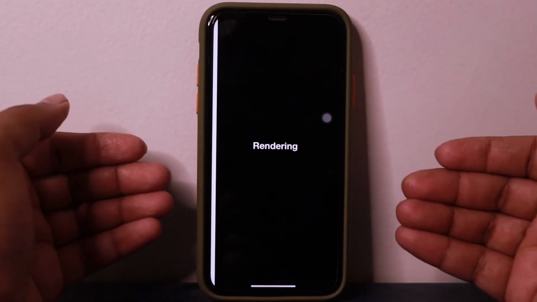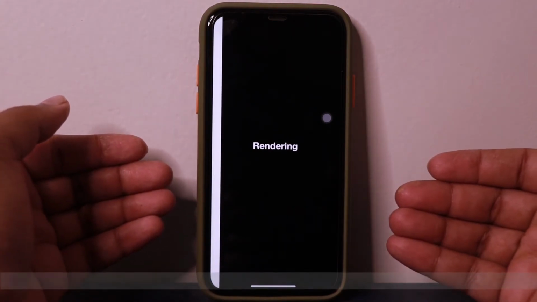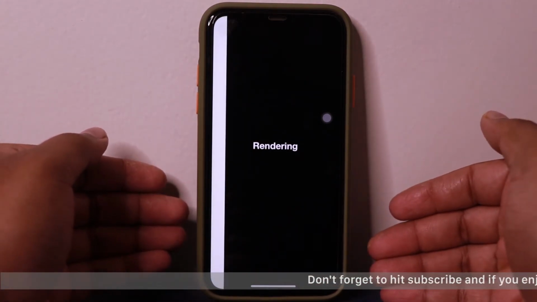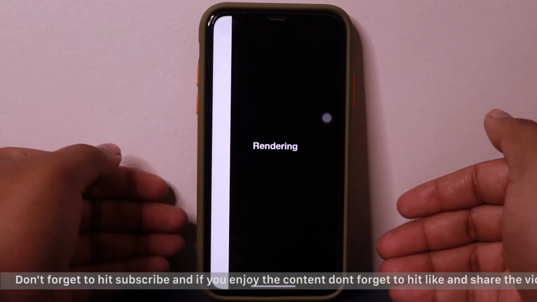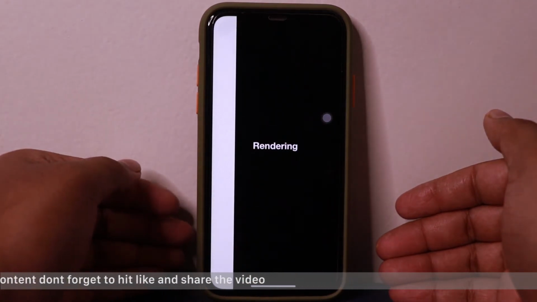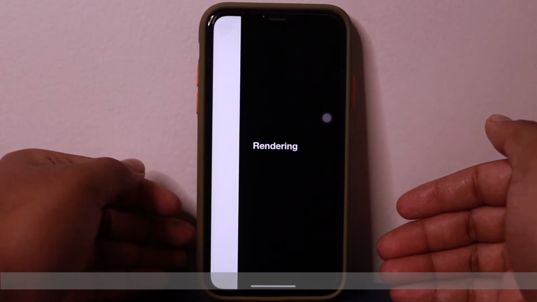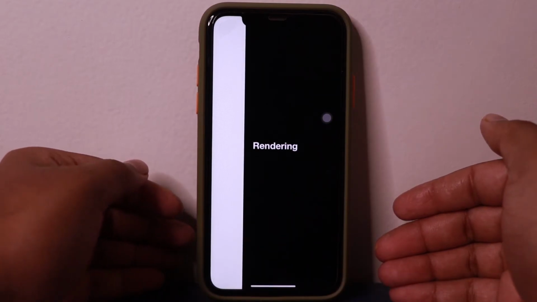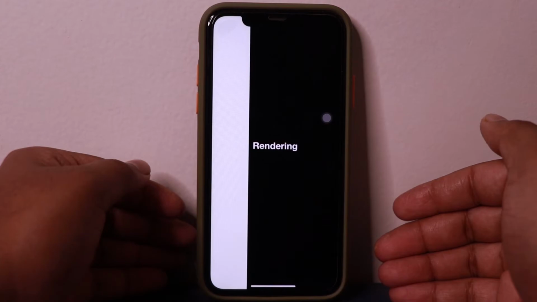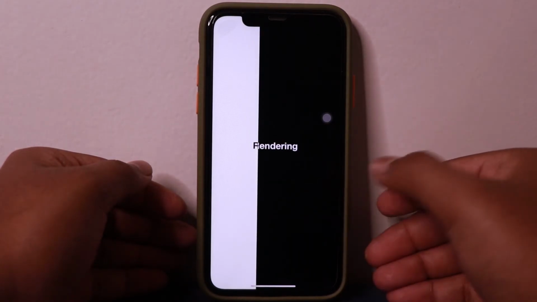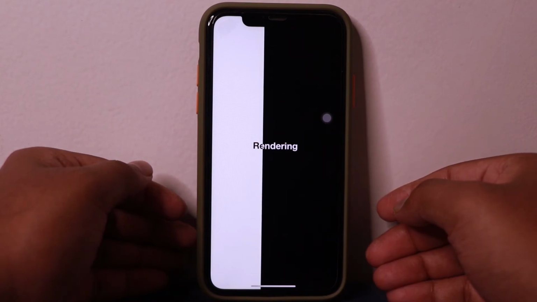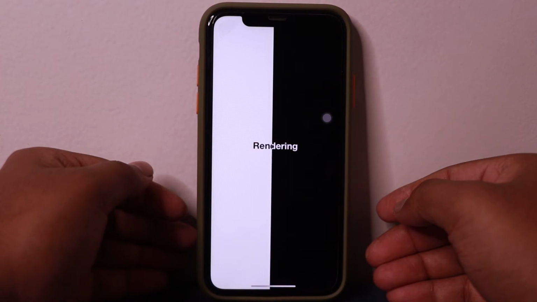The animation for render is so awesome, it's so satisfying. Just look at it. It's rendering. It will be saved as a short video in my photo section. So I can upload this into my Instagram stories or post. You also have the option of making the post square, the image square for posting, or vertical for posting stories.